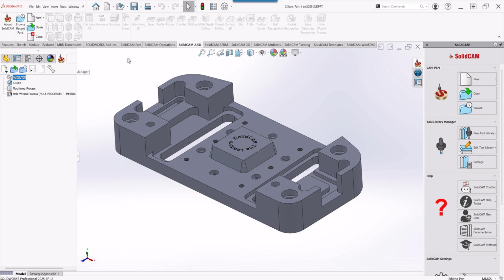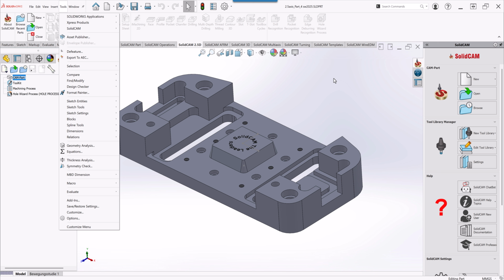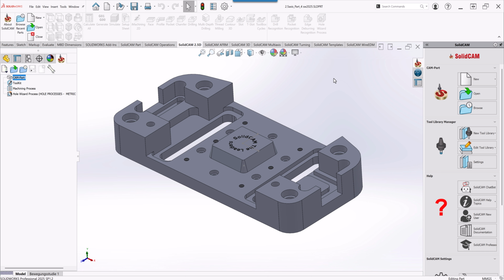Now, one other way to do it, and this is in case you're not using any of these tabs over here or you're not using your task pane, we can go to Tools, SolidCAM, and New, and then Milling. This is the longest way to do it, and this is good if you do not use any of the other ones, if you don't have those available to you. I like to go into my task pane and simply click on New, Milling,